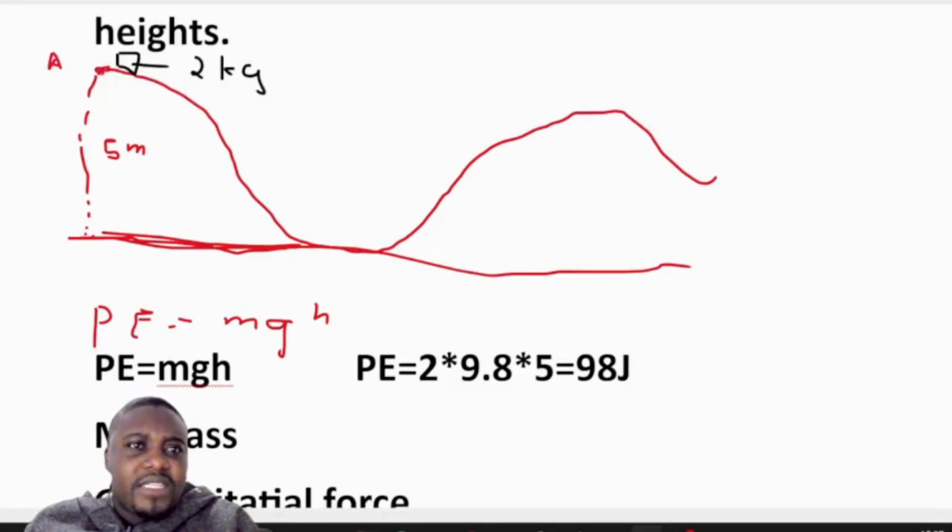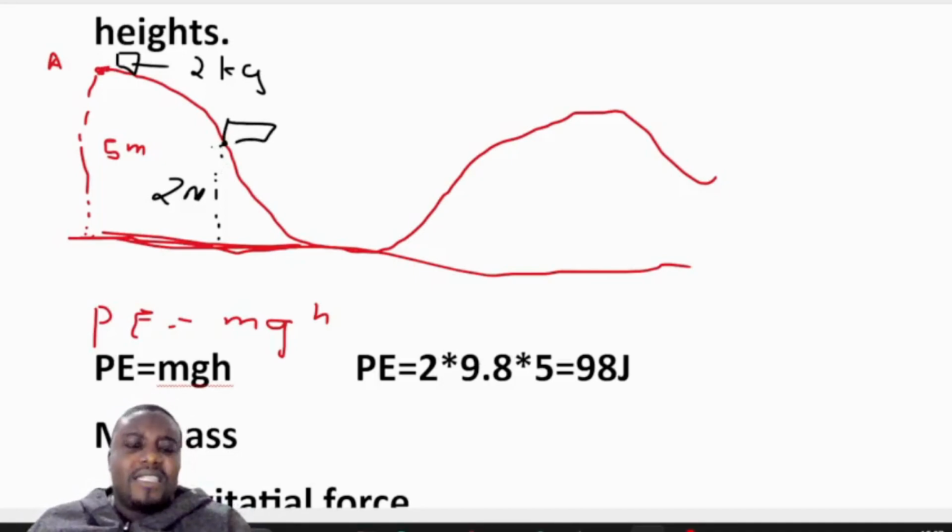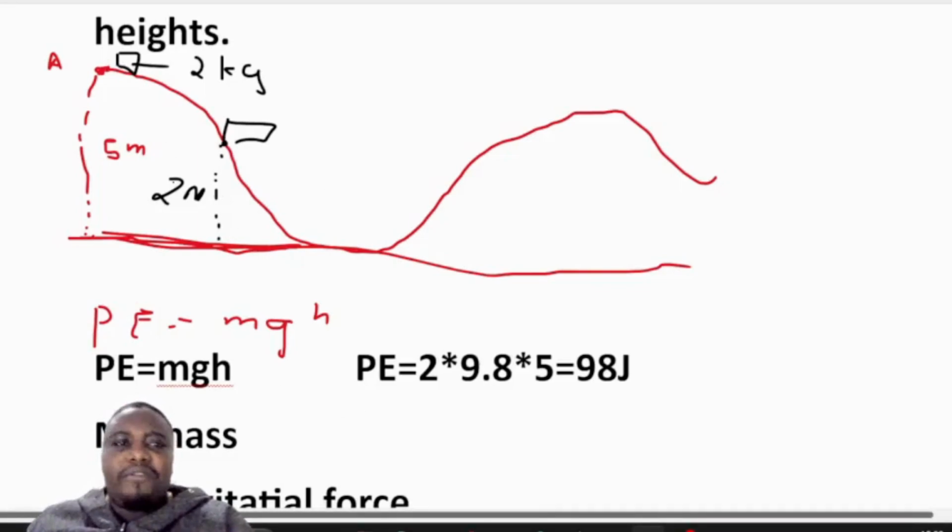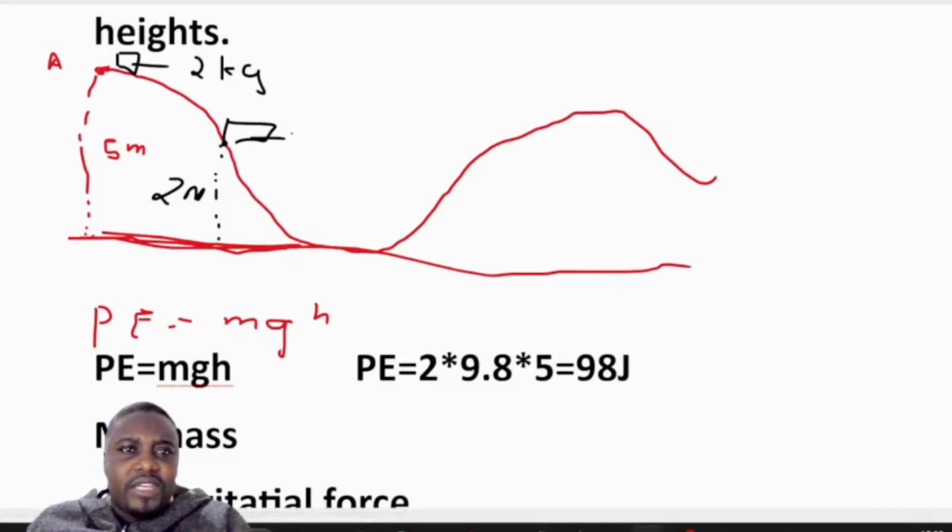If this object starts to move up to here, let's say here, I'm going to draw a line with black. Let's assume here is 2 meters now. You will see that when this object is here, the height decreased. So when the height decreases, if we calculate the potential energy of this 2 kg object when it's there,